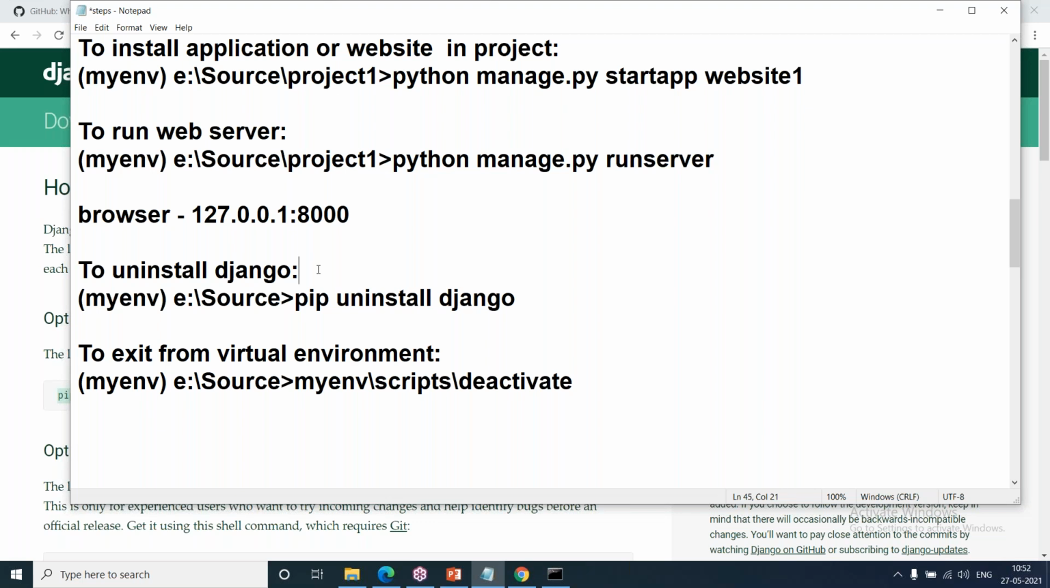Okay. See, when I give you the examples, you'll get clarity. I'm just telling you the theory part. When I give you the examples, then you will understand clearly how it is going to work. And after doing all this, after checking the website in the browser, if you want to uninstall Django,